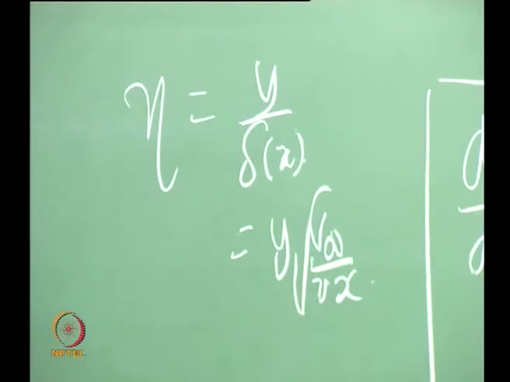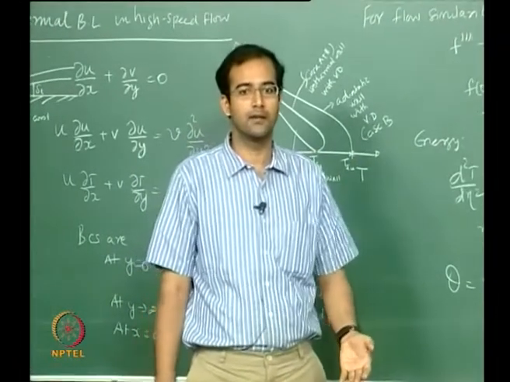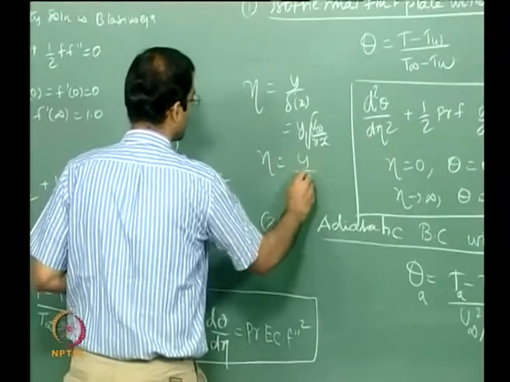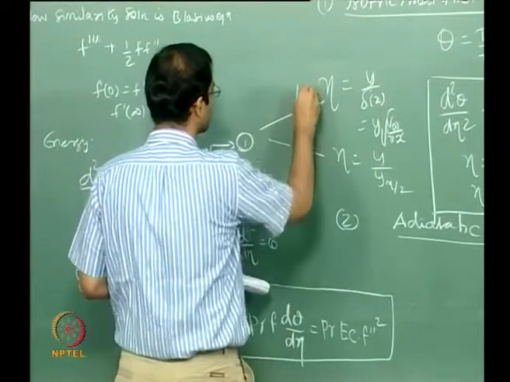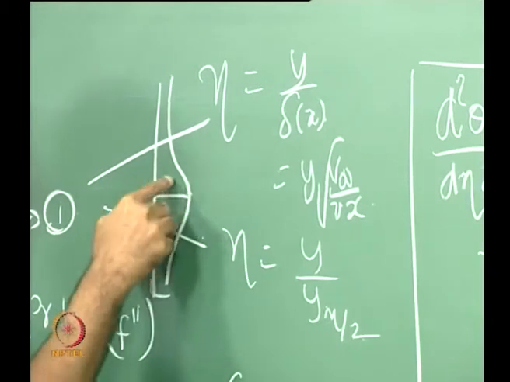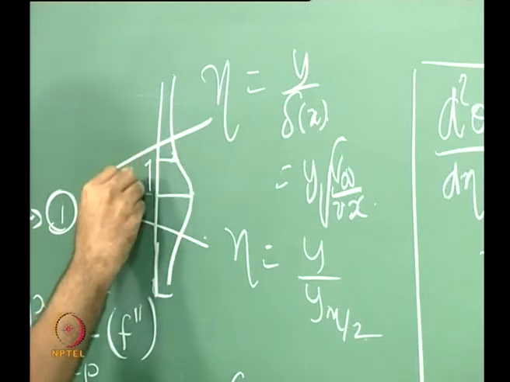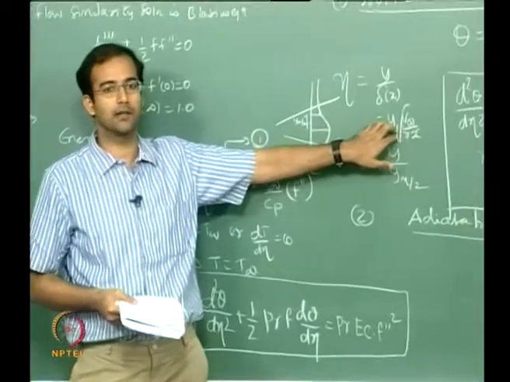Once again, if you go for different kinds of flows, like say free shear flows, there will be a different similarity variable. There you will be defining something like y by ym by 2 in the case of jets. That is your jet half width. This is your maximum velocity, and somewhere you get half of the maximum velocity, and corresponding to that is your ym by 2. You use that to non-dimensionalize your y. So in different kinds of flows, as far as boundary layer flow is concerned, this is the similarity variable, that's it.